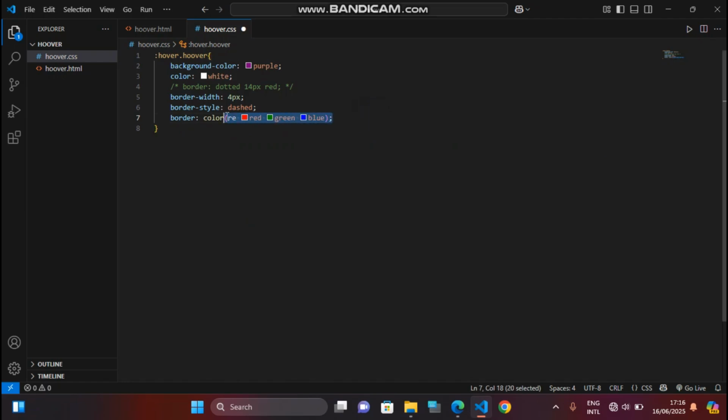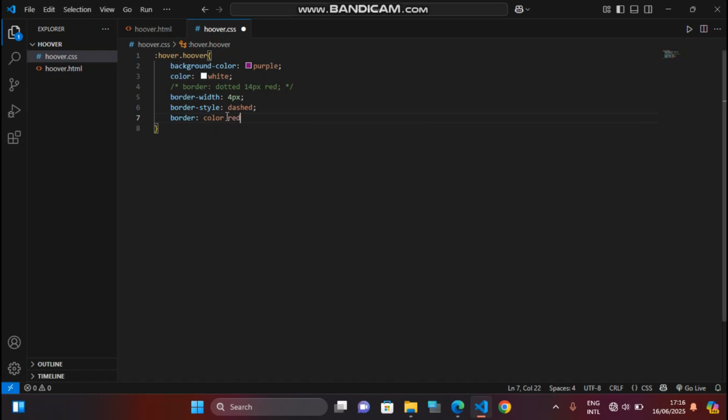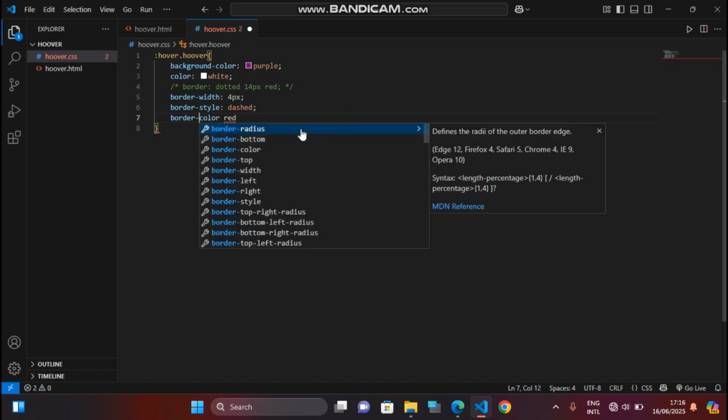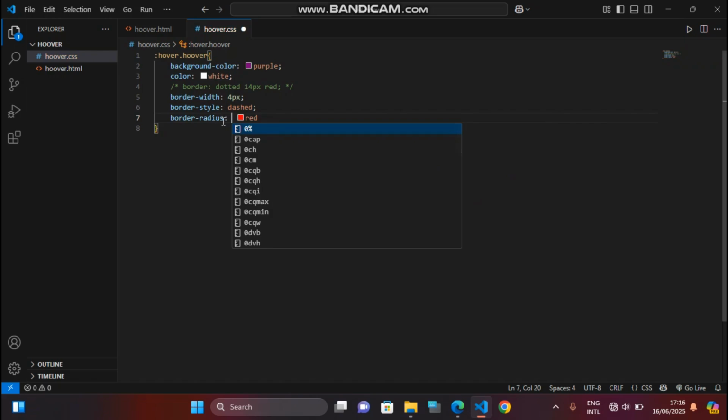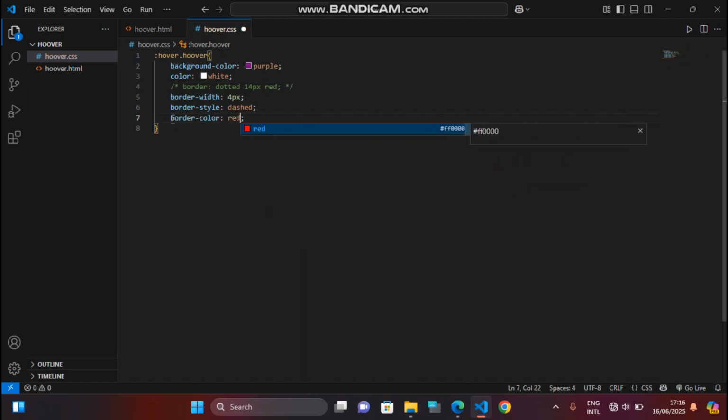So these 3 CSS rules are the same thing as this one rule here. So let me just cut this out,